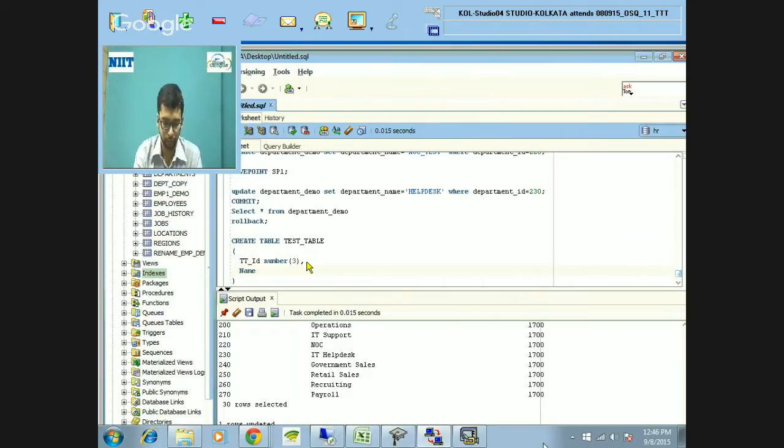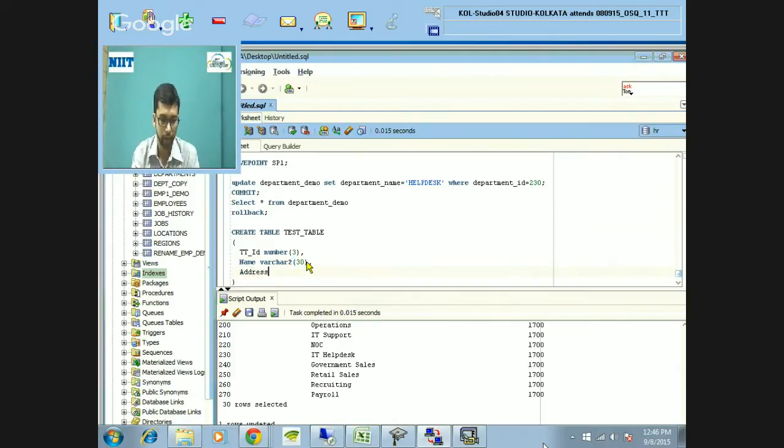name is going to be varchar 2 with a size of, say, and say address,